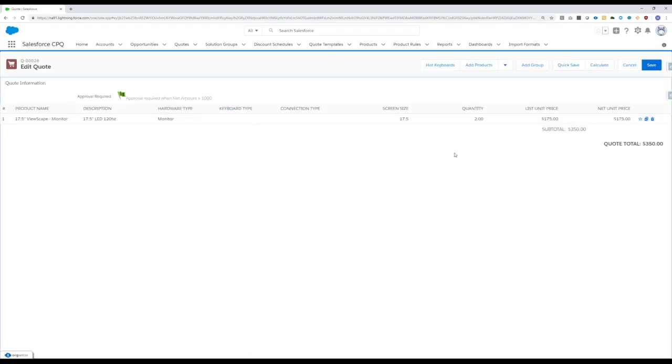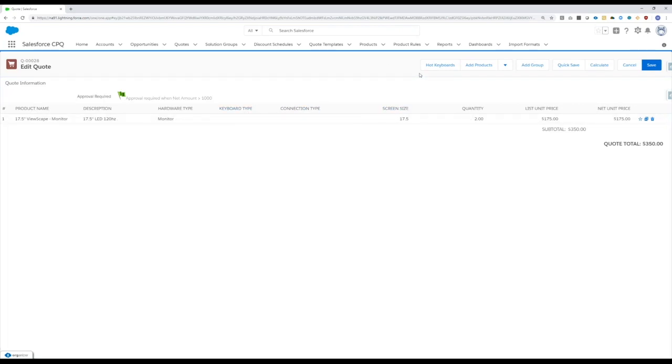The other thing we've got added here is this filtering custom action called hot keyboards. So this was something Jenny had mentioned a little bit earlier. These custom actions are configurable in that we can make it conditional, so it only shows based on certain criteria, like a user is sysadmin or it's a sales manager, we can make this button show based on that criteria. But in this case, I'm just using it to filter down